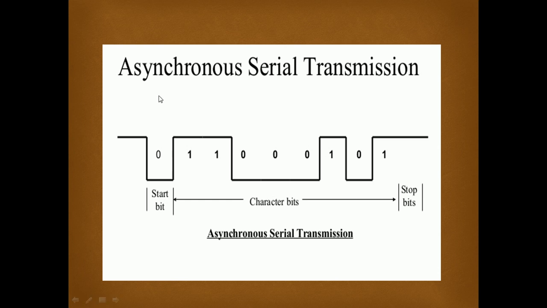So here the 0 and 1 bits are synchronizing the sender and the receiver, and the remaining bits are the data bits which are transmitted one by one. That means initially this 1 bit is transferred. After transferring this 1 bit, another 1 bit is transferred, and after these 2 bits, then 0 is transferred, then 0, then 0. All these bits are transferred in serial. Thank you.